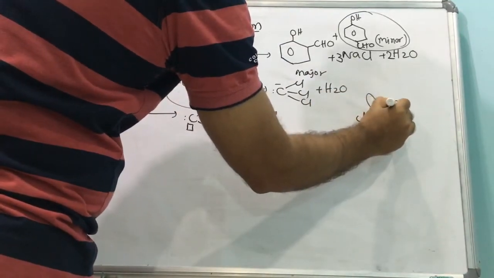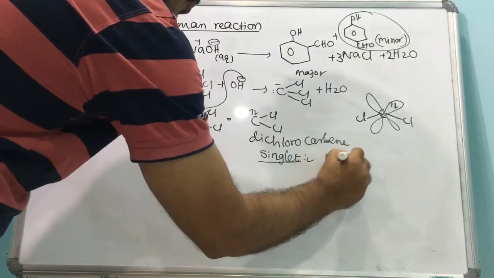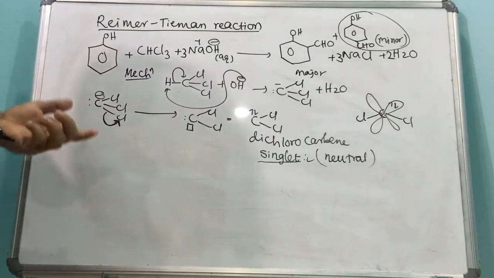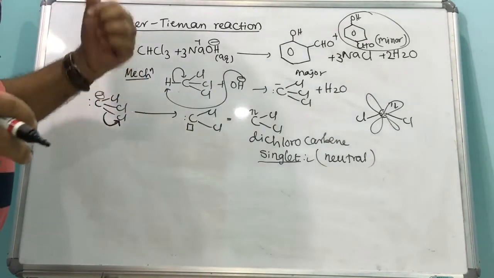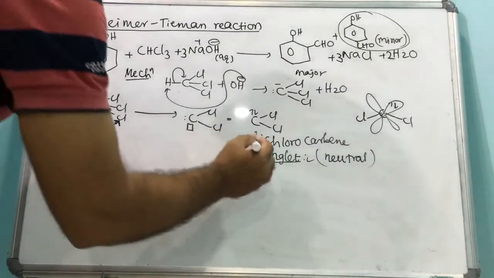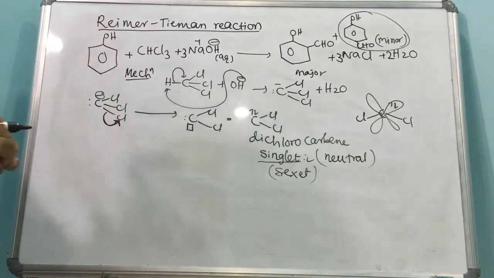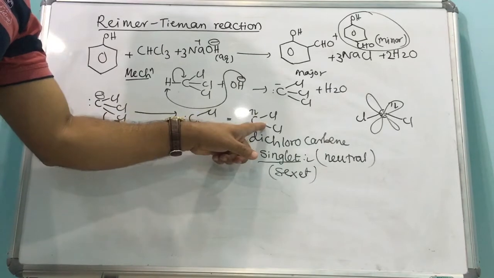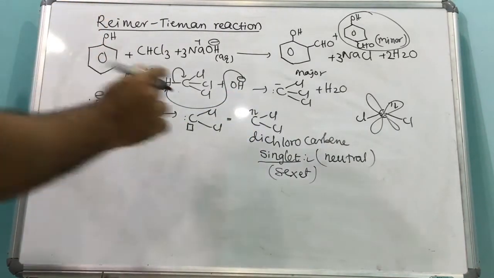So now this is unstable and it is neutral also. This is a neutral intermediate. Generally we know the intermediates are carbocations, carbanions, which are positively or negatively charged, and free radicals, which are also neutral, without charge. This is neutral and it has 6 electrons. That's why it is called a sextet, not an octet, an incomplete octet here. Observe here one bond, second bond, and these 2 electrons. Total 1 bond and 2 electrons, and here 2 electrons, 4, and these 2 electrons. Total 6 electrons, a sextet. And this is a weak electrophile.